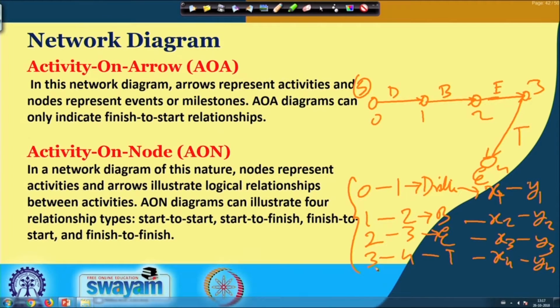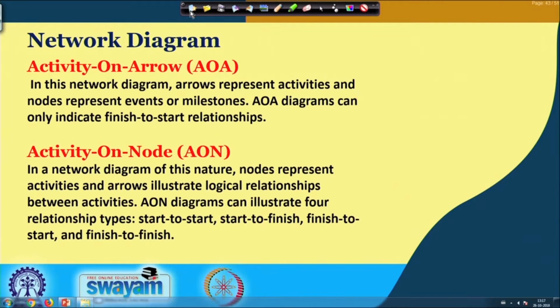So that means here, the arrow is showing the activity cost and time, and the expense in the node is basically 0. So this way of presenting the activities is called activity on arrow, or the arrow diagram.